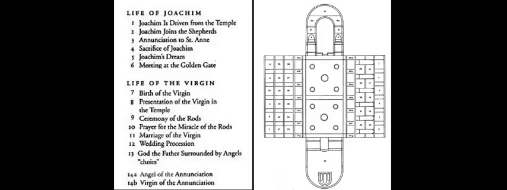It's really, really amazing. So really quickly, let me show you a diagram of the Arena Chapel, and not because it's going to come back to us, but just because I want you to know about the complicated series of paintings that Giotto completed for a private patron. The first thing we have is a series of paintings of the life of Joachim. Then we have the life of the Virgin,